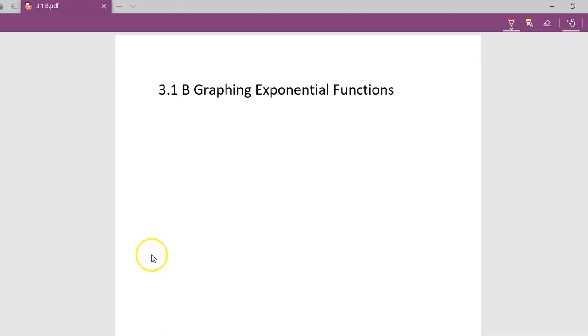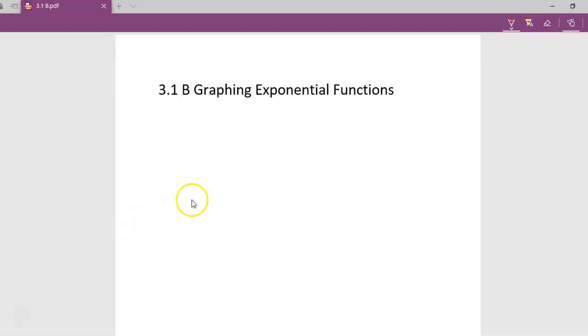All right, this video is about 3.1b graphing exponential functions. So yesterday you used Desmos or some graphing calculator to graph and compare a bunch of exponential functions. What we're going to do today, basically we want to not use the calculator. We're going to use our knowledge of transformations and parent functions to graph the